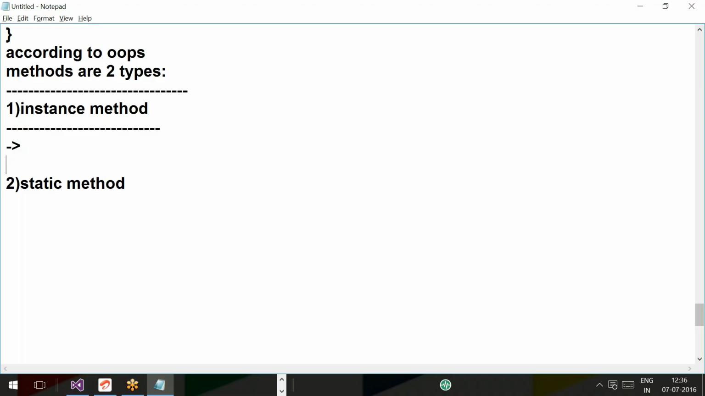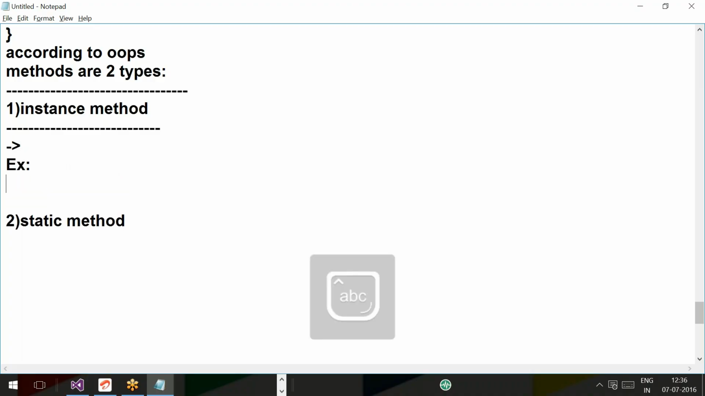Instance is nothing but object. Means while defining a method, if you didn't use a static keyword, that is called instance method. An instance is nothing but object. Okay. Example to define instance method is